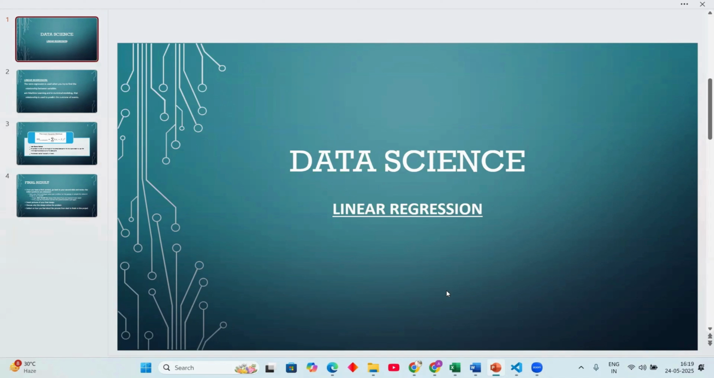Okay, let's move into the topic. Today our topic is linear regression. In data science, linear regression is a fundamental technique in machine learning. It is used to model the relationship between a dependent variable, the target, and one or more independent variables,